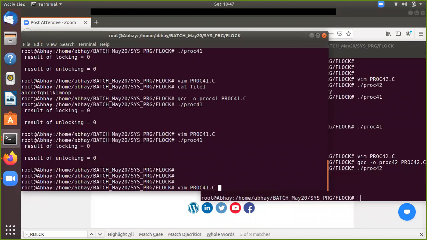Yes, now it is okay. My question was your first program is locking from the 6th byte until the last. Your second program is locking from the 0th byte. That is, the descriptor is pointing to the 0th or first character. Right. When the second